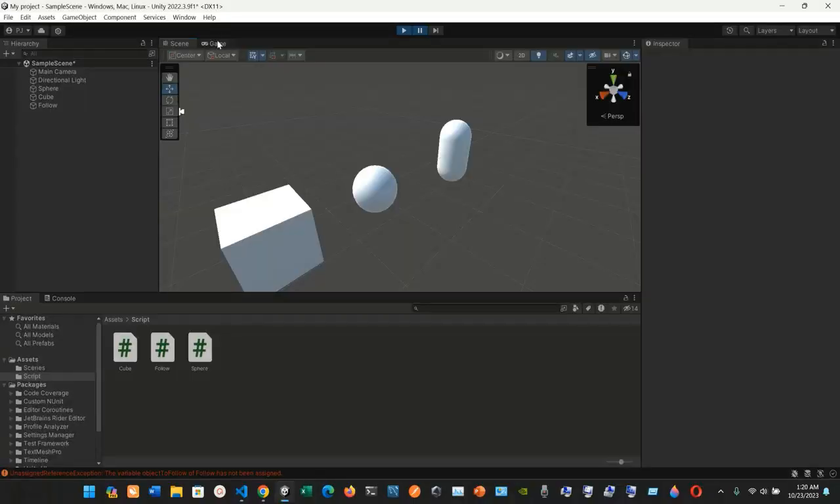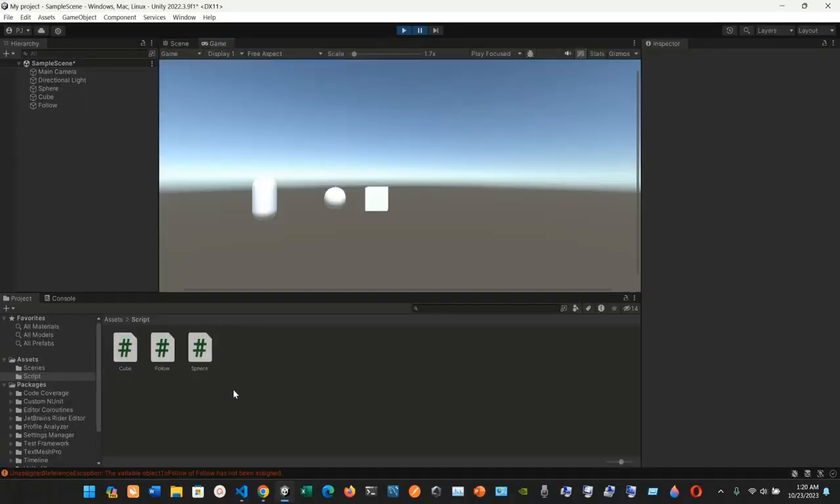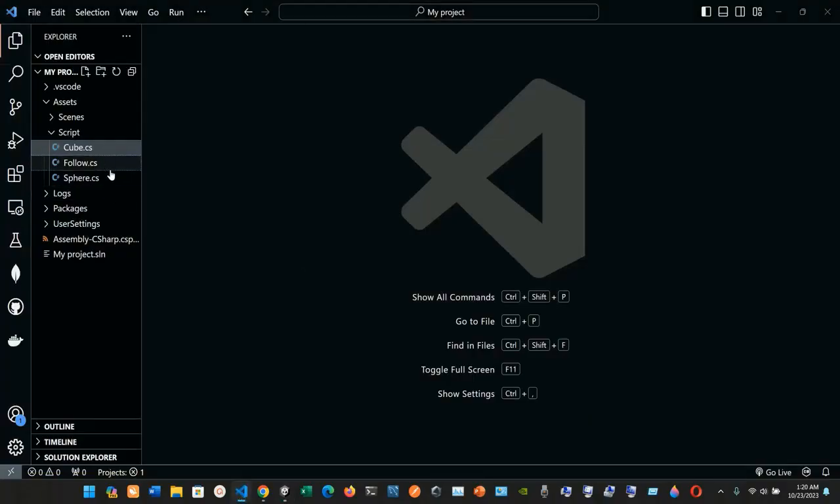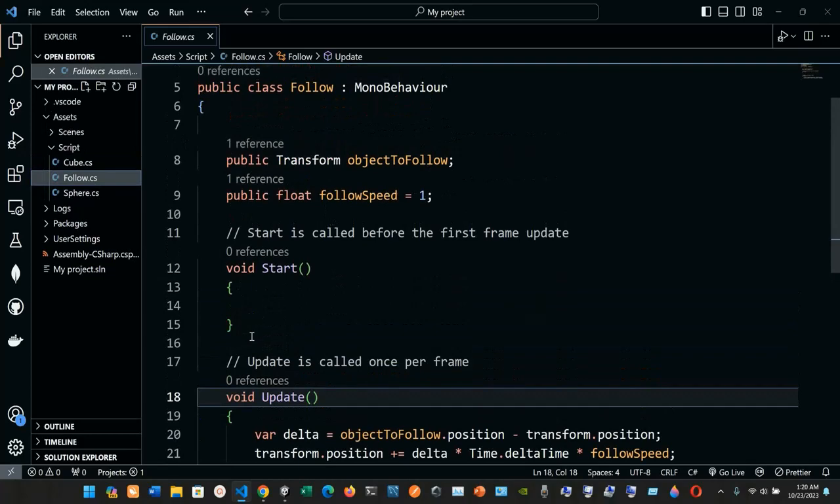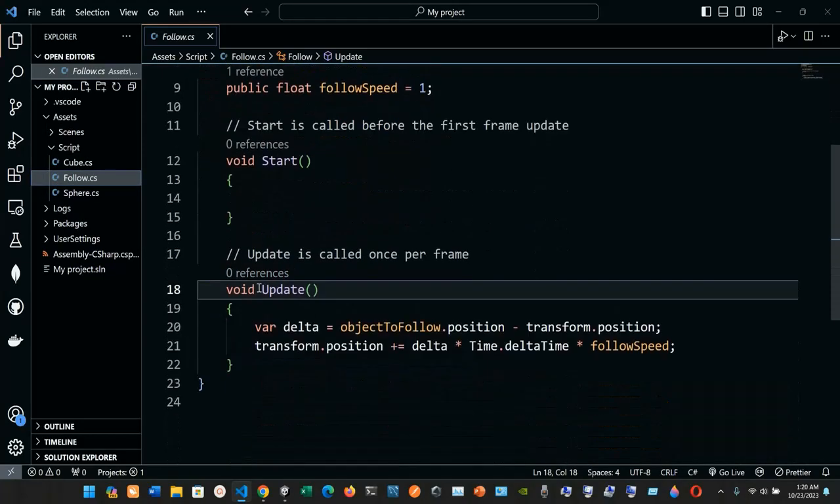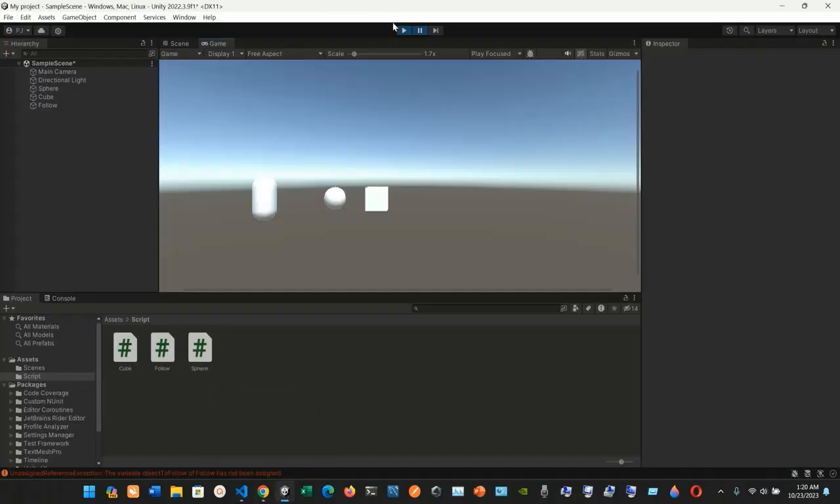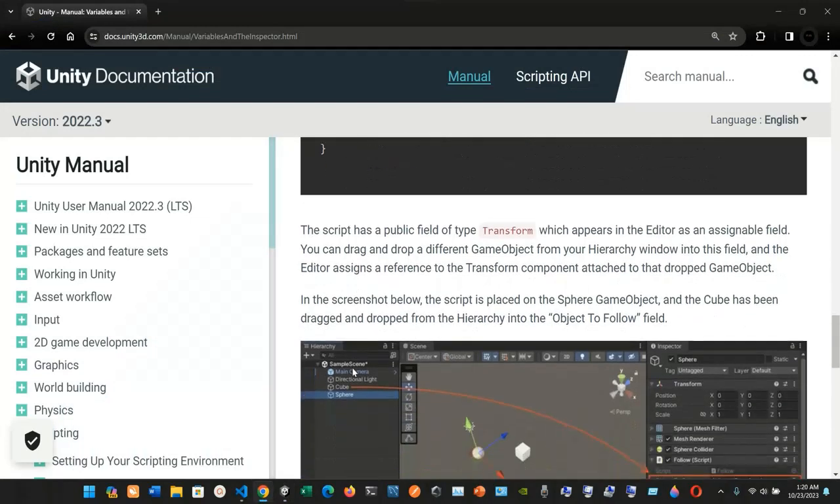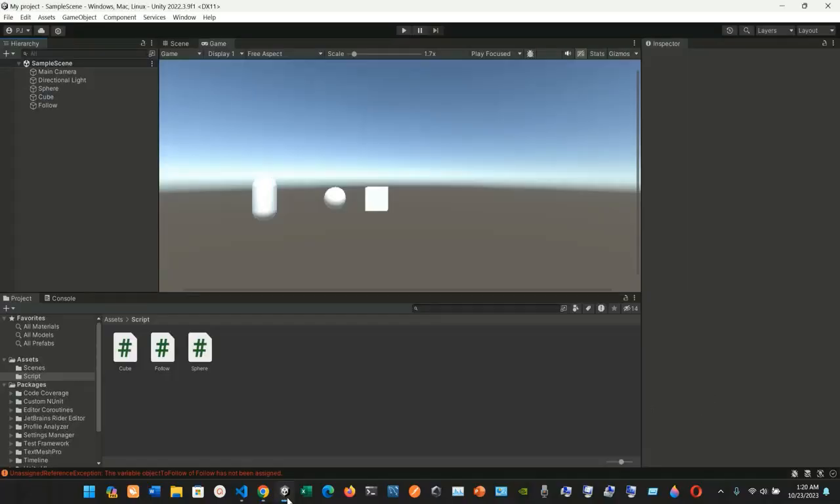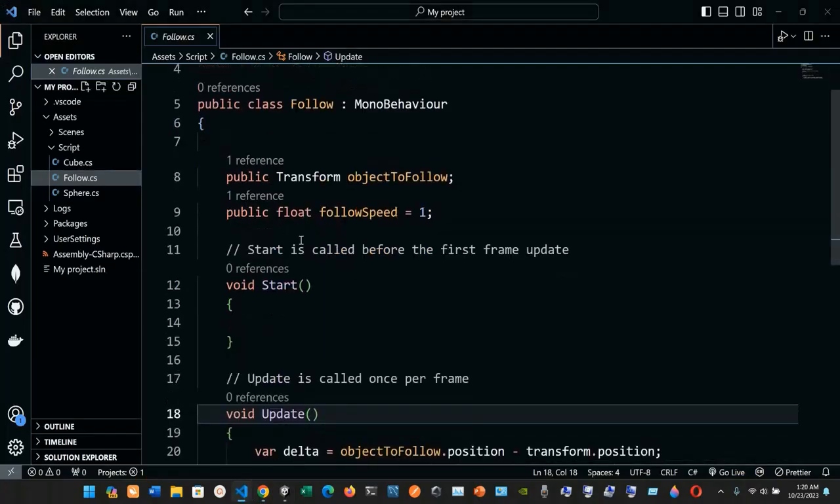and now we are gonna go into the game. So nothing is happening. Unassigned reference, the variable object to follow has not been assigned. So we go into the follow, and right now object to follow, yeah, that's fine. Let's click it again. So right now we can save it for now. Okay, so let's save it, and here the script has a public field type of transform. So they're talking about this one, this transform, the one that we are gonna use right now,